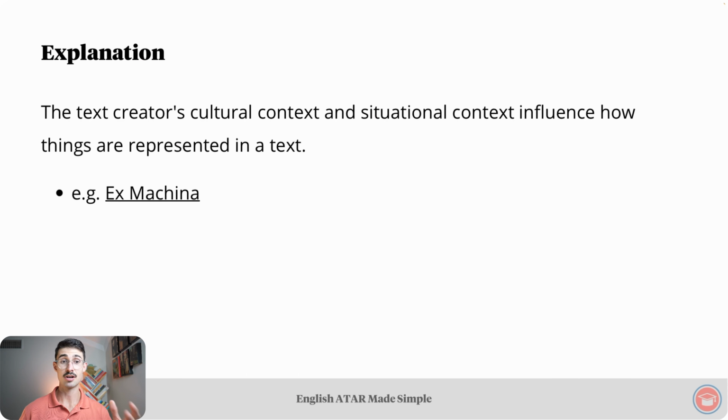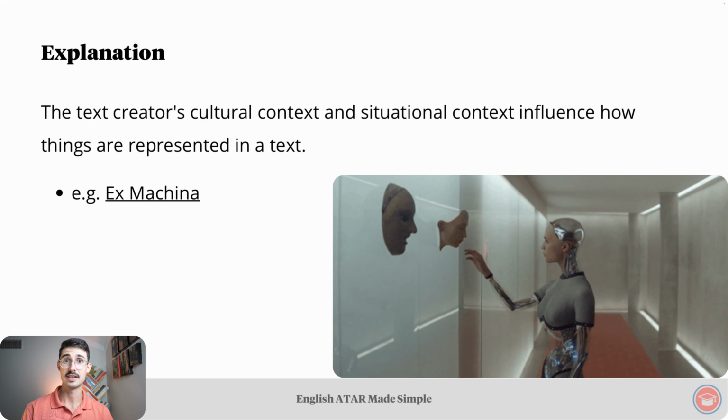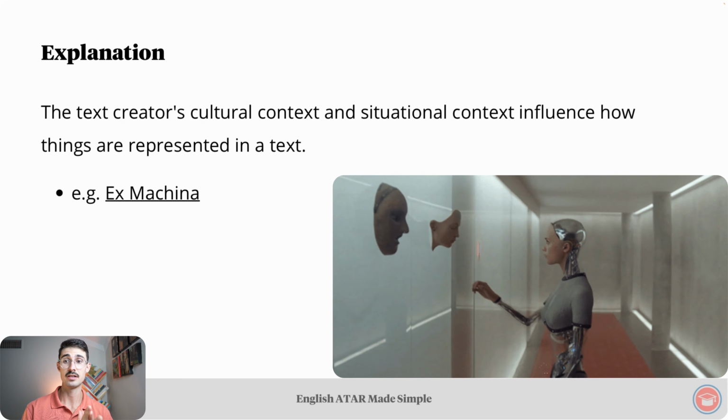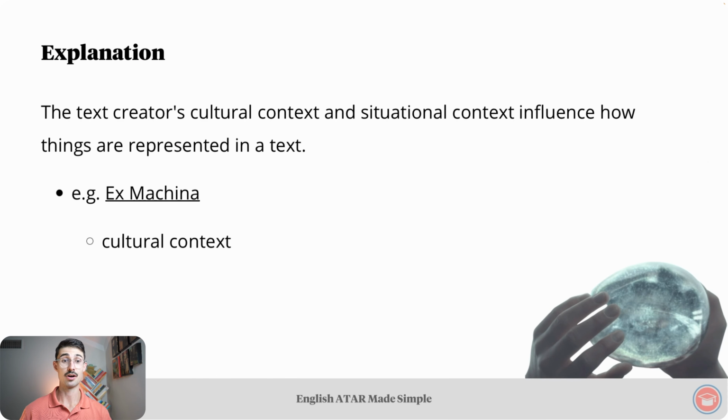We've got the context surrounding Alex Garland's production of the movie Ex Machina. Regarding the cultural context, the rate of technological advancement in the 2000s and early 2010s enabled big tech companies to start developing machine learning algorithms. These algorithms teased the reality of sentient machines in the future. That right there is a socio-cultural feature of the cultural context.